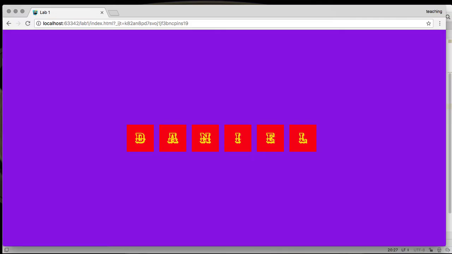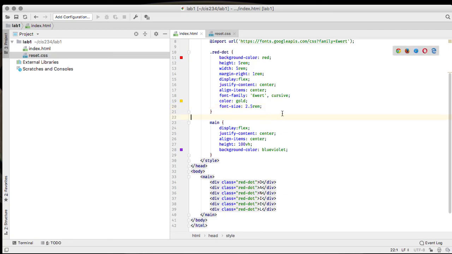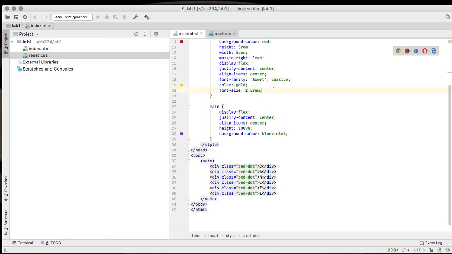Next, we'll learn about CSS Transitions. Now, CSS Transitions are really good for when you want to add interactivity to your web page. That's really easy to add. So for instance, when I hover over each of these elements, let's make them a little bit bigger and change their color. So if we go to our code, we can add